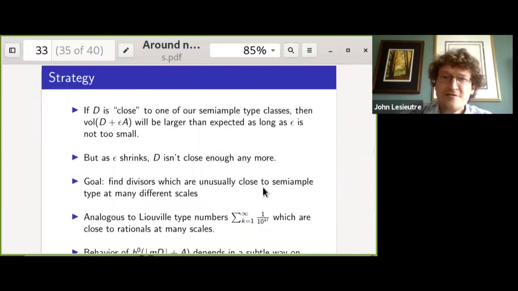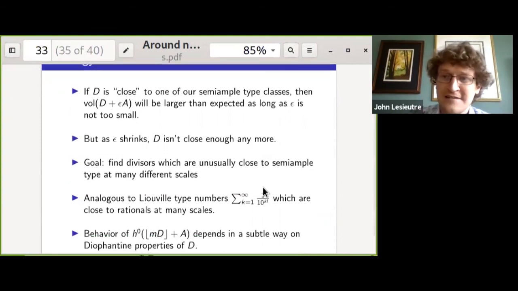All right, what you want to do though to get this really bad behavior is take divisors that are unusually close to semi-amples at many different scales. So I think the way to think of it is this: those semi-ample classes are kind of a countable set on this piece of the boundary of the pseudo-effective cone. They're kind of like the rational numbers. And so you want to find a divisor that's unnaturally close to many of these semi-amples at many different scales. So the analog